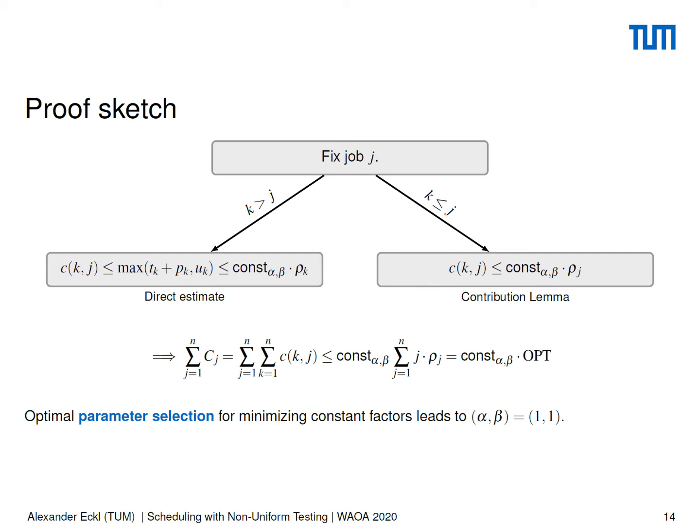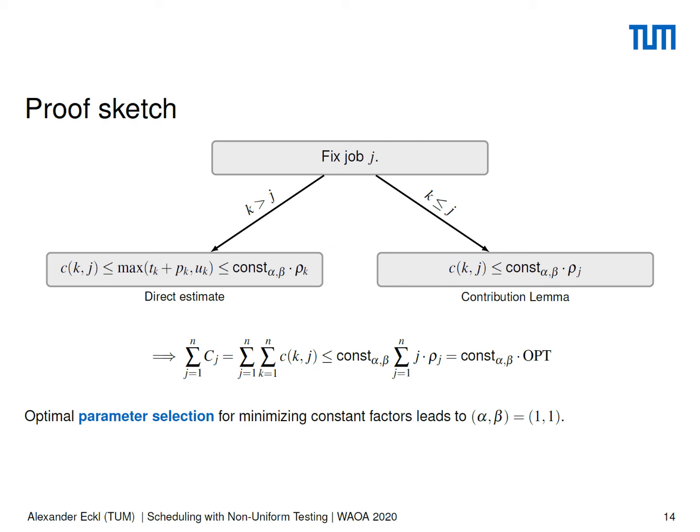In the first case on the left, we consider a job k whose index is larger than that of j. Recall that the jobs with large index were exactly the jobs whose optimal offline running time, rho k, is small. So in this case, we may estimate the contribution of k to j by directly taking the maximum running time that a job k can have in the algorithm, which is just the maximum of tk plus pk and uk, which you can then simply upper bound by another constant in alpha and beta times the optimal offline running time